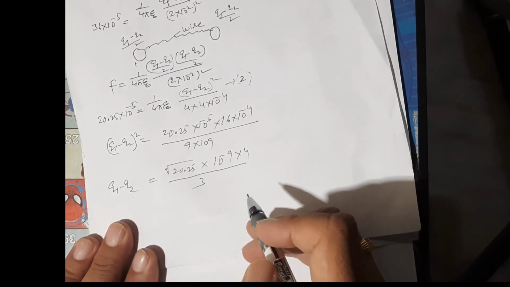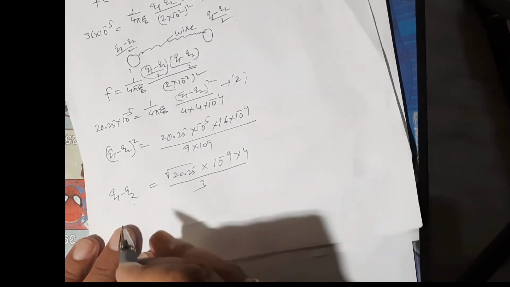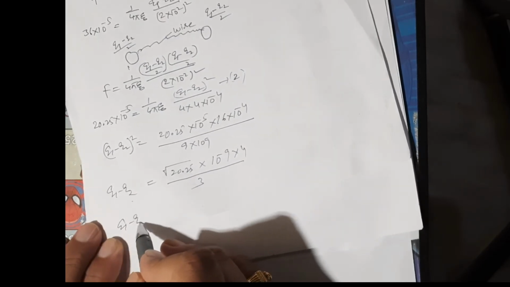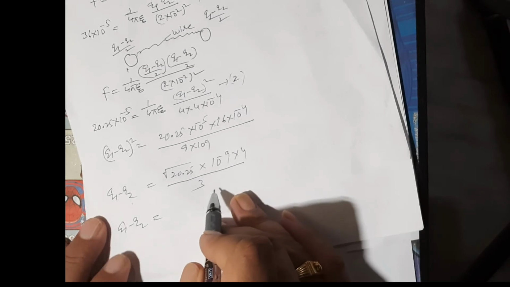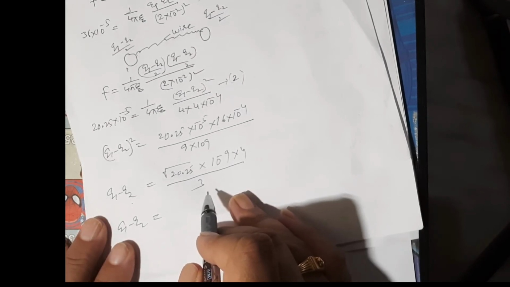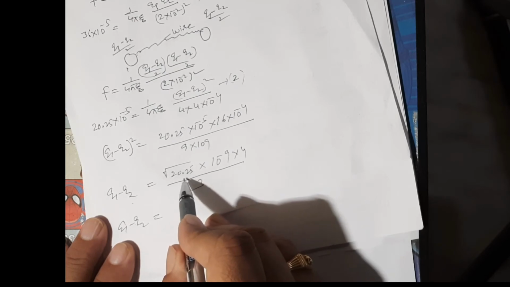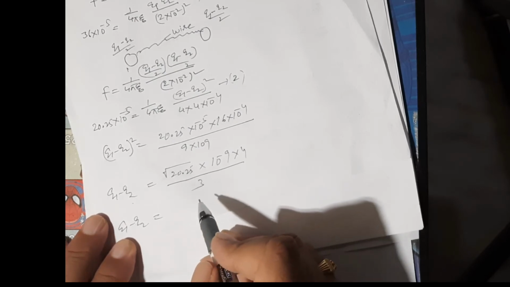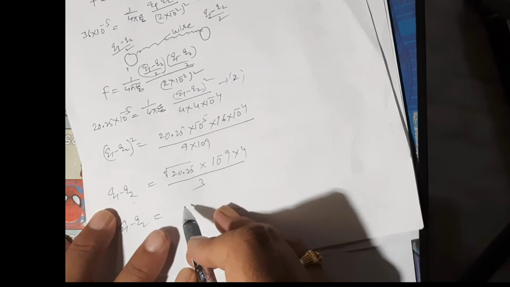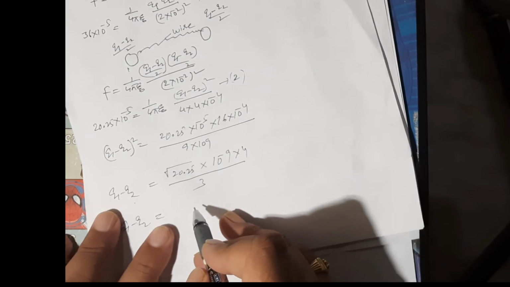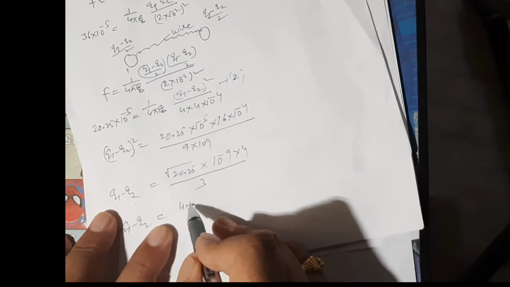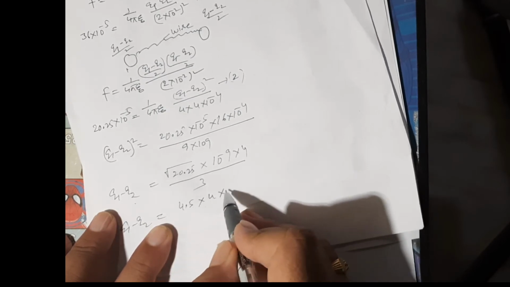Now here, q1 minus q2 is equal to the square root of 20.25, nearly 4.5. So 4.5 into 4 into 10 to the power of minus 9 divided by 3, that is equal to